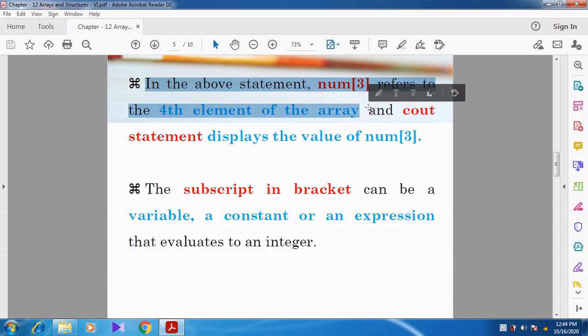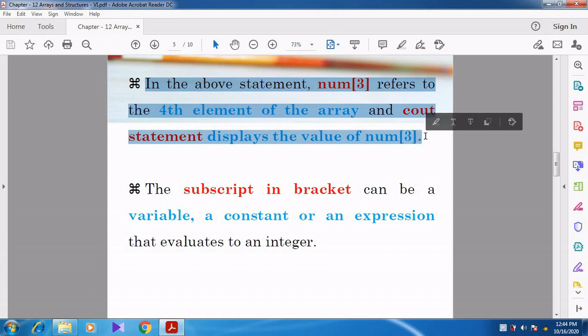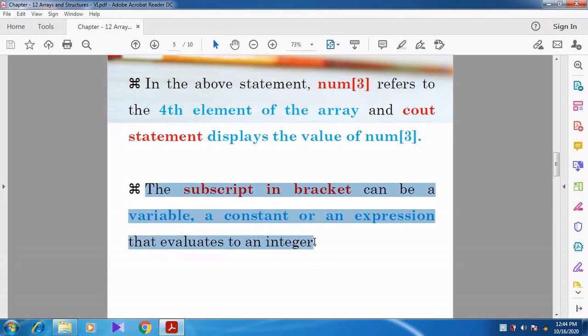In the above statement, num[3] refers to the fourth element of the array, and the cout statement displays the value which is stored in num[3]. The subscript in brackets can be a variable, a constant or an expression.